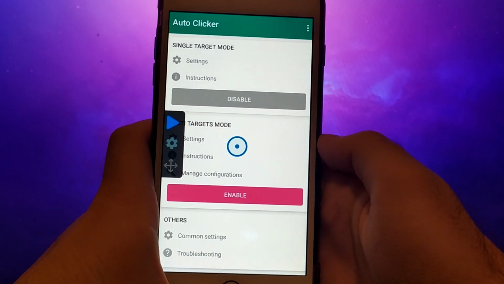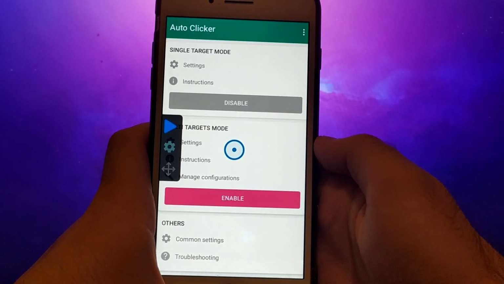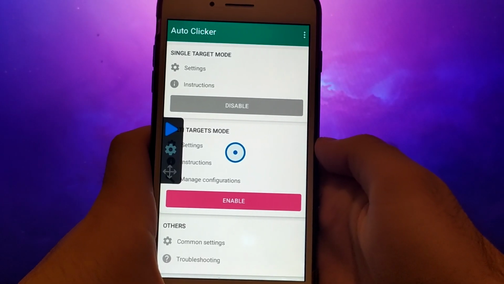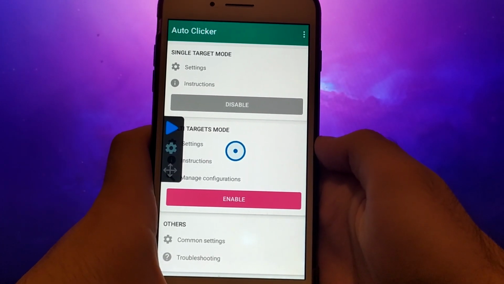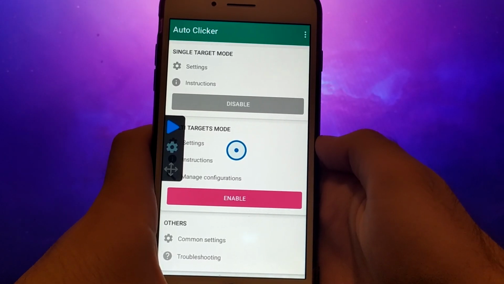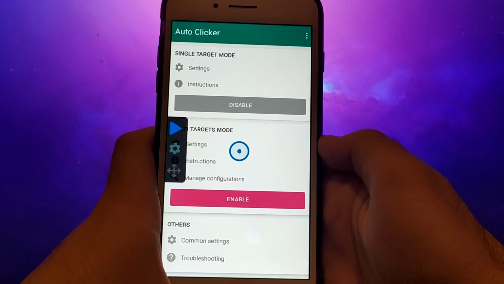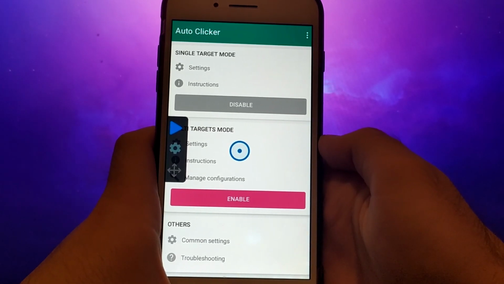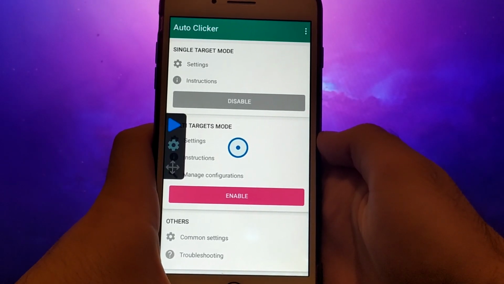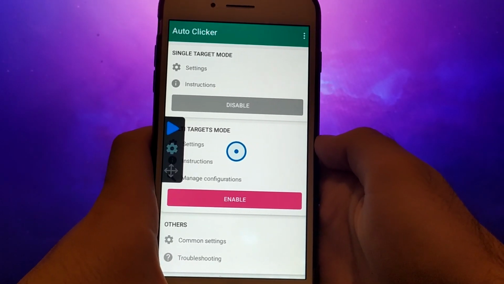Today I'm super excited to walk you through how to get the latest version of AutoClicker on your iOS device. This new update is the best one yet. It works flawlessly with any game. All you need to do is enable the first setting, just like I'll show you, and AutoClicker will handle the rest. In this video, I'll take you through each step so you can easily get it set up and running